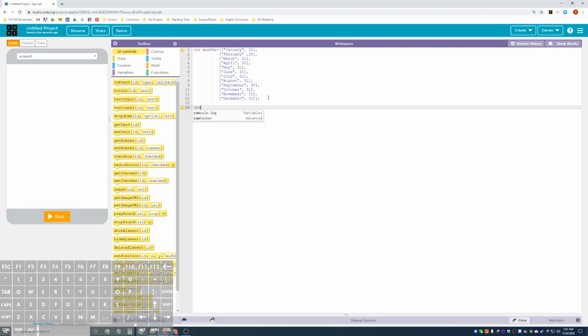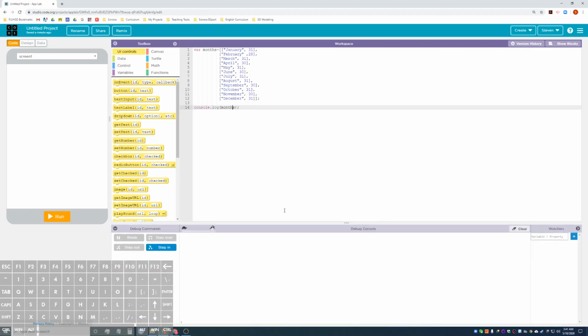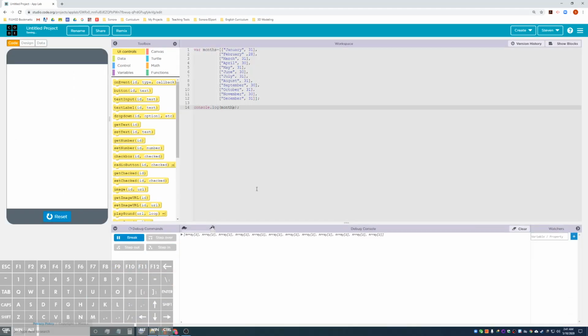We're just going to do a simple console log here, and we're going to print out the variable months just to see what's inside it. Okay. Did I spell it right? Months. Where's my H? Okay. And let's go ahead and show you what it looks like when we hit run. Okay. So when we console log the variable months, it shows us basically this square brace, which means it's a